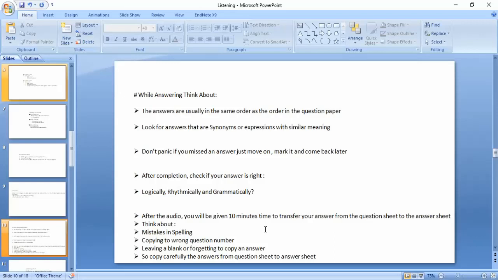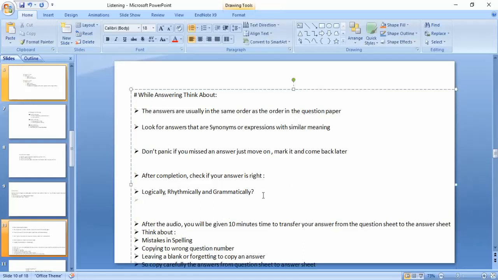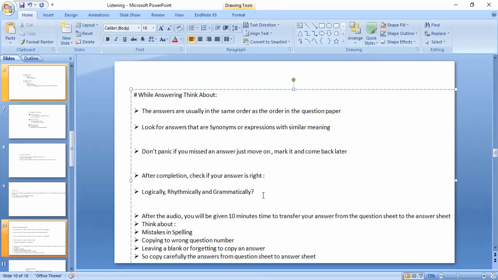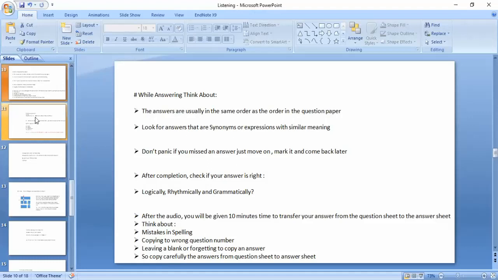The best way to think about whether your answer is right or wrong is to check logically, rhythmically, and grammatically. So you should make sure that your answers are correct logically, grammatically, and rhythmically. For those of you who don't know what being grammatically right, logically right, or rhythmically right means, you might want to